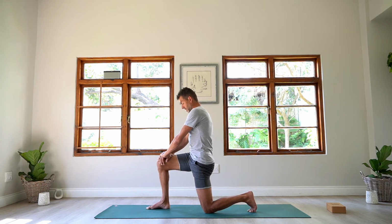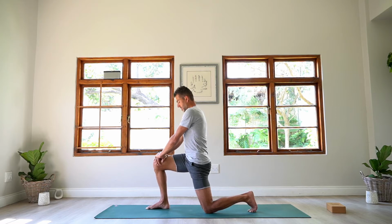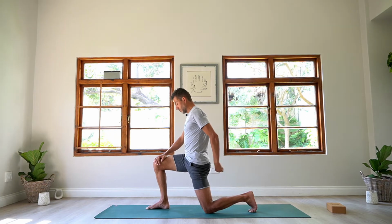Pull, pull, pull, increase that pressure, increase the tension, ramp it up to the maximum that you can hold pain-free. 5, 4, pull the left knee forward. 3, 2, 1. Now release that tension gradually, and now activate the opposing muscles, which is the glute and the